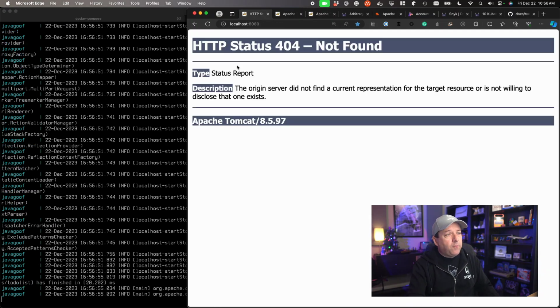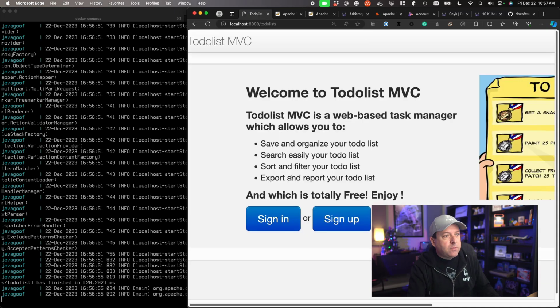First of all, that manager screen that showed me the Tomcat info is not here anymore, because at some point between 21 and 97, Apache realized we probably shouldn't be putting the management console by default into an image, because that's something you can add if you want it, but it's not something we want to expose by default. So that's a good sign. Let's make sure the app still works. There we go. There's the to-do list zoomed in, but whatever.